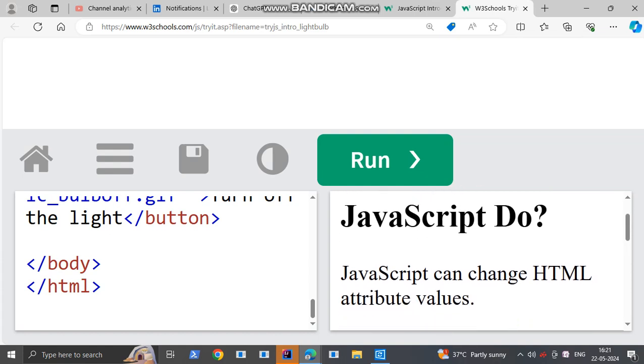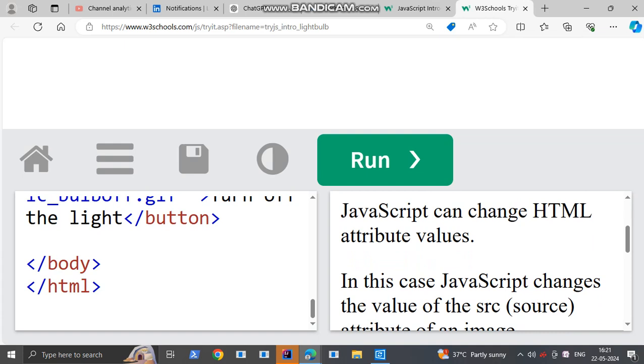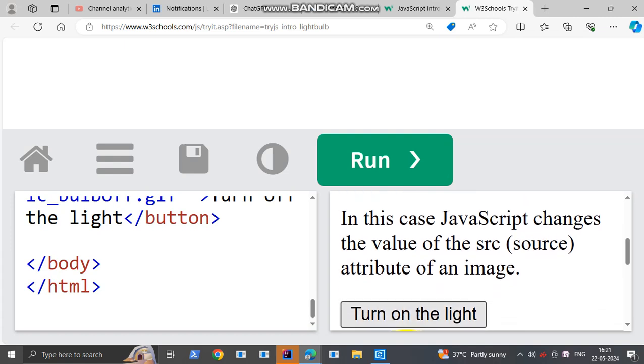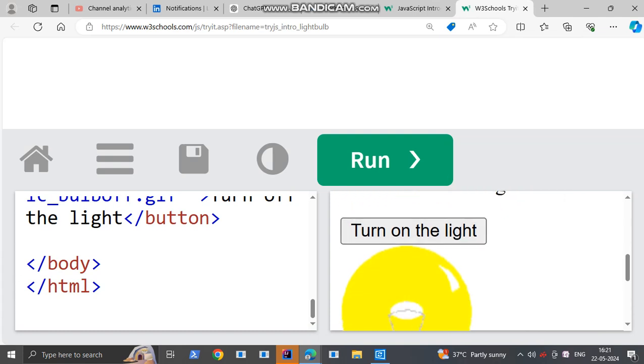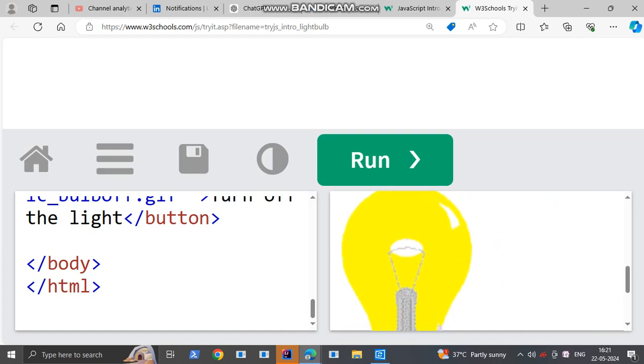On the web page you will see this: what can JavaScript do? JavaScript can change HTML attributes. This content is kept in the first paragraph, and the second content in the second paragraph. In this case JavaScript changes the value of the source attribute of an image. Here, click on this button, turn on the light. So whenever you click on the button,